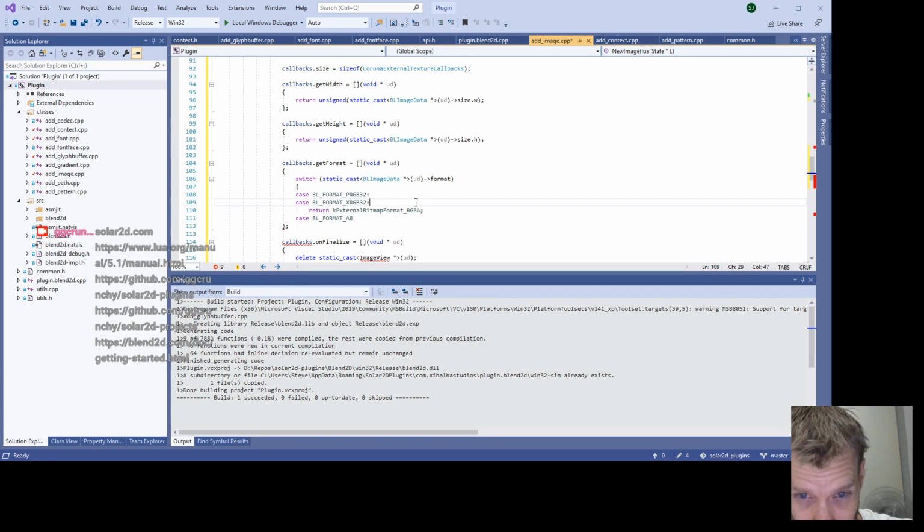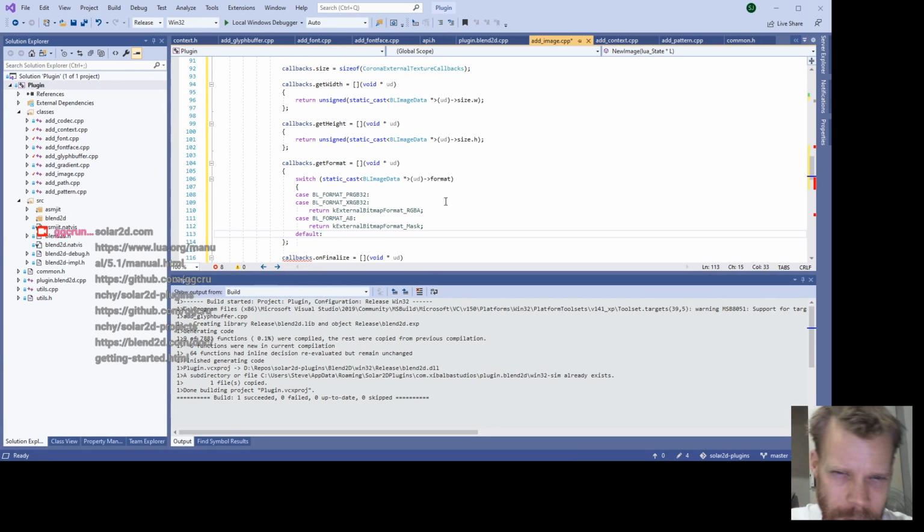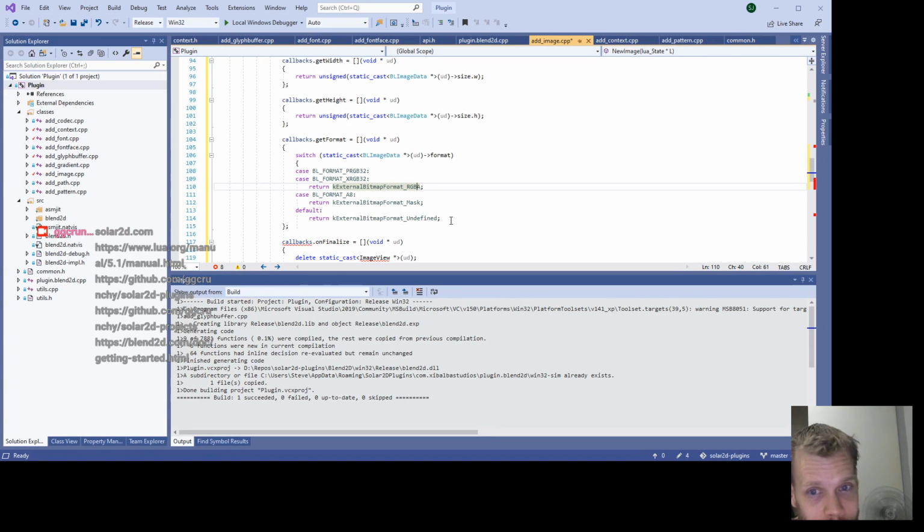So we have either of the 32-bit formats, we'll return that. If we have the 8-bit format, we'll return a mask. And default, just because it might complain if I don't write it that way, that'll be undefined. Really should never run into that, but